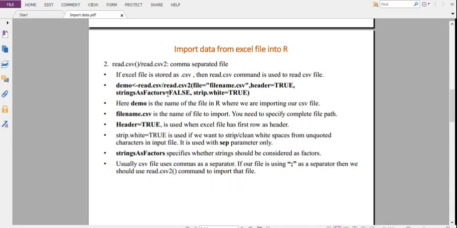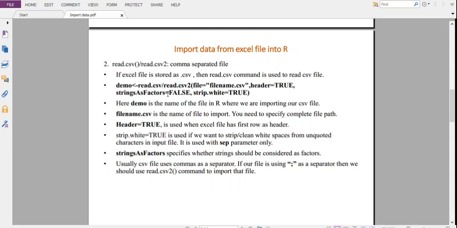Then strings as factors. We have already studied this option. Whenever we import string type of data from external sources into our data frame, then R by default treats all the string type of data as a factor, and once that data is converted into factor type of data structure in R, we cannot insert new string or new characters into the existing data frame.